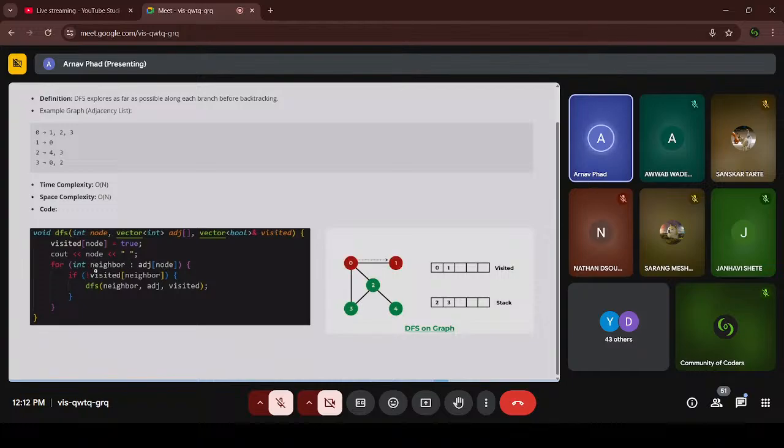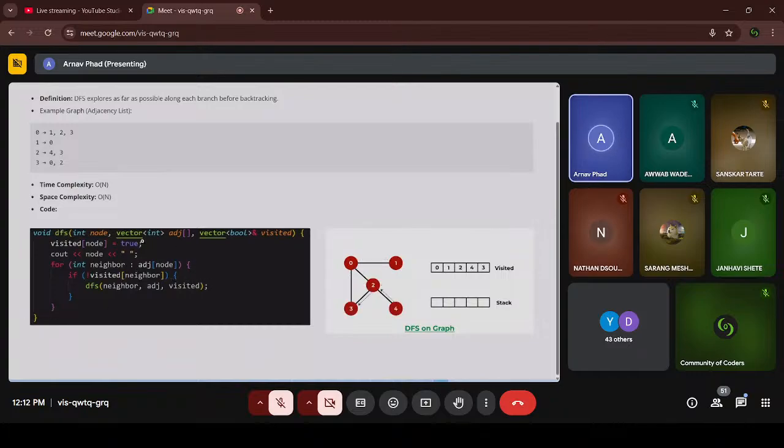For every neighbor, we check if it's not visited. If it's visited, we don't do anything, we just go to the next neighbor. But if it's not visited, then we run the DFS, recursively calling for that neighbor with adjacency and the visited array,